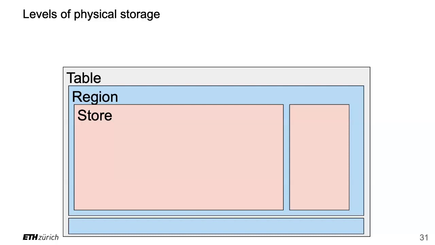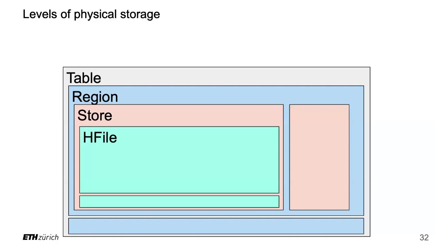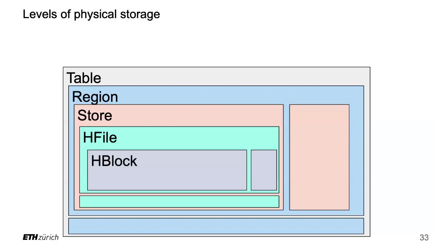So a table can have several regions. A region can have several stores. The stores are persisted to 1, 2, or more H files on HDFS. The H files consist of 1 or more H blocks, right? 64 kilobytes or more, because the H blocks elastically adapt to the last key value. They don't stop abruptly. And an H block is made of 1 or more